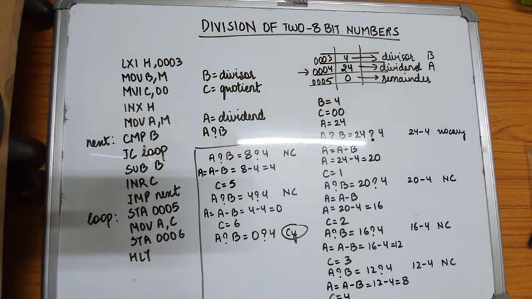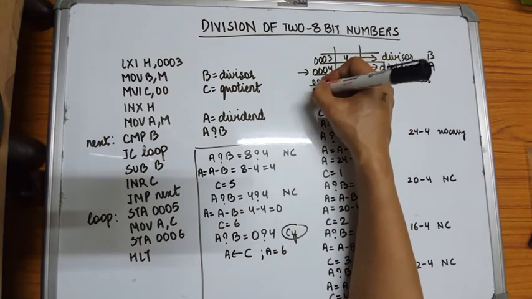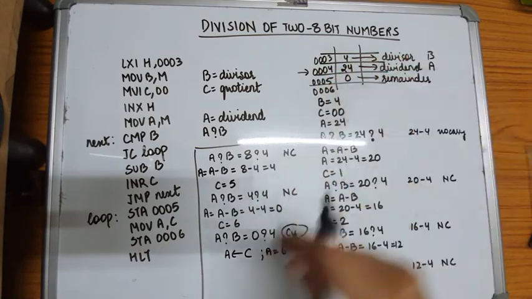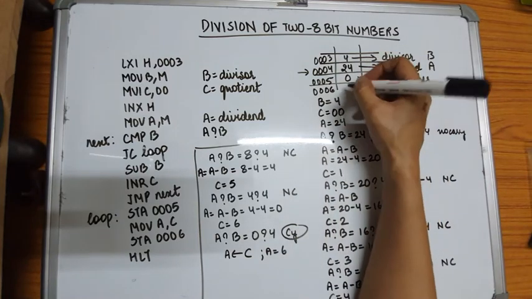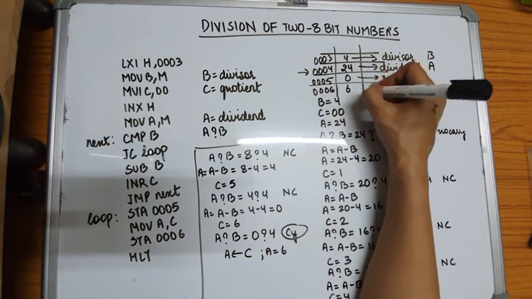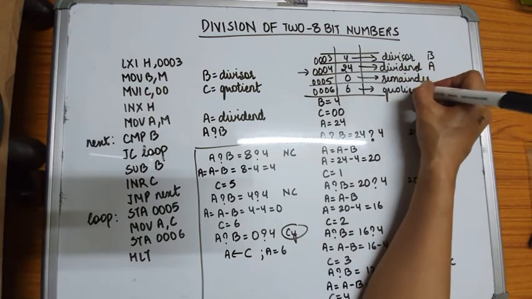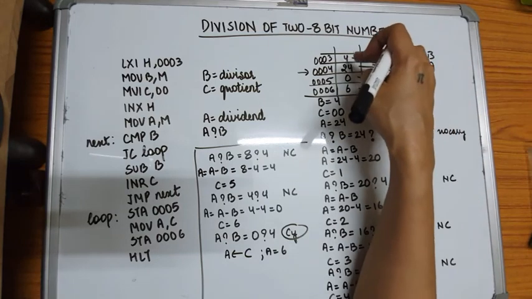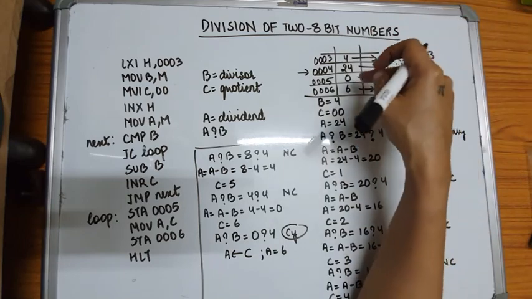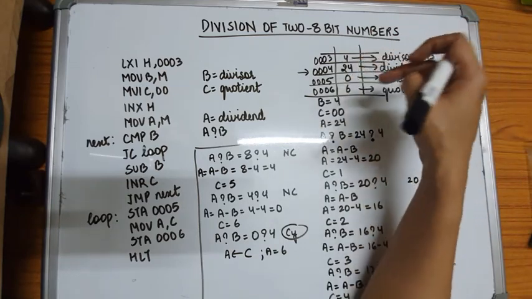Now C will be moved to A. What is C? C is 6. C will be moved to A. So A will become now what? A will become 6 and STA 0006. So I am storing the quotient onto 0006. This is the quotient. So when 24 is divided by 4, we get a remainder 0 and we get a